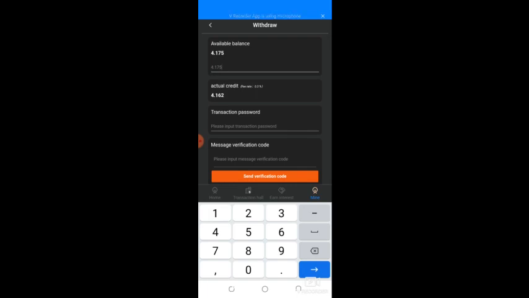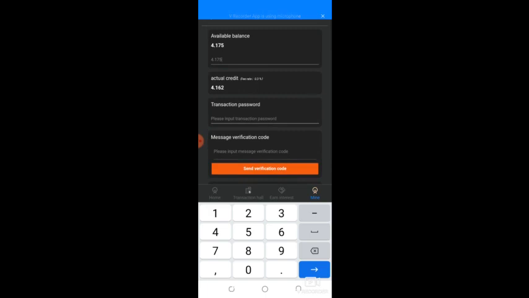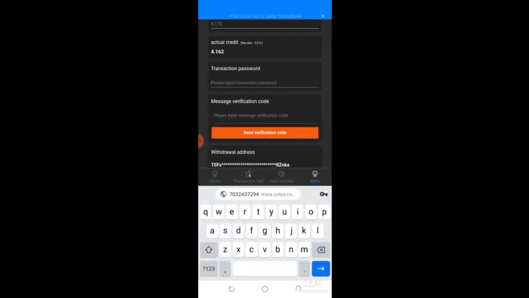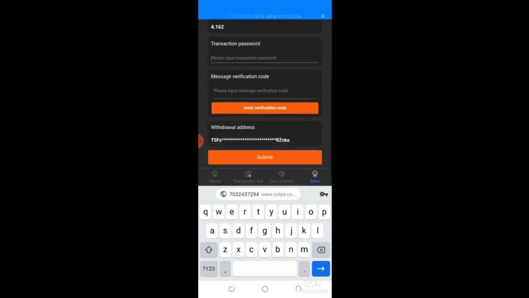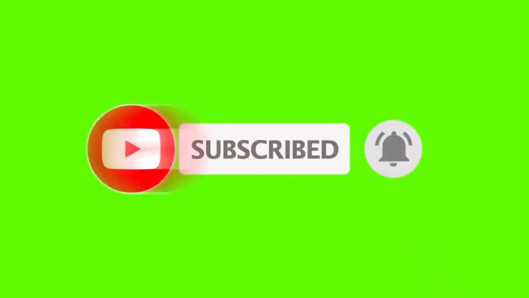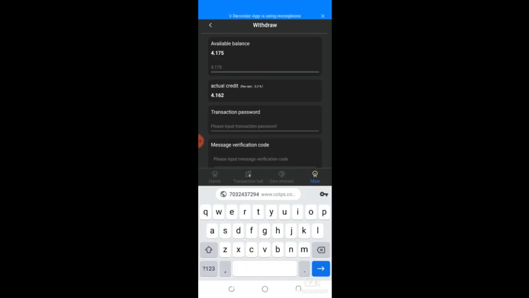Then I'm going to input my transaction password. Then for the verification, I will click on send the verification code. The verification code will be sent to my registered phone number. Then I will copy the SMS, input it here, then click on submit. So within 3 minutes, you are going to get the withdrawal in your wallet address.